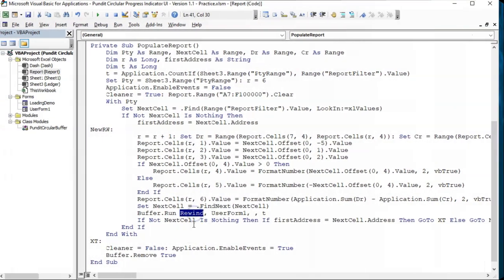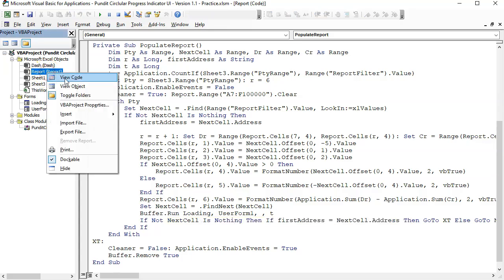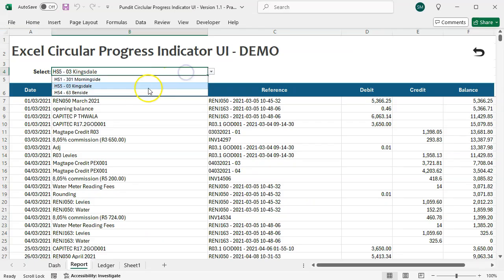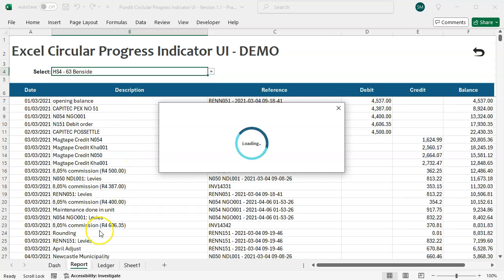If you are not sure how long the process will take, or you just can't get the total right, you can change your buffer type to loading and don't have to write the total there. This will run the loading buffer instead, and it will be discarded automatically by the remove method we added at the end of the procedure.